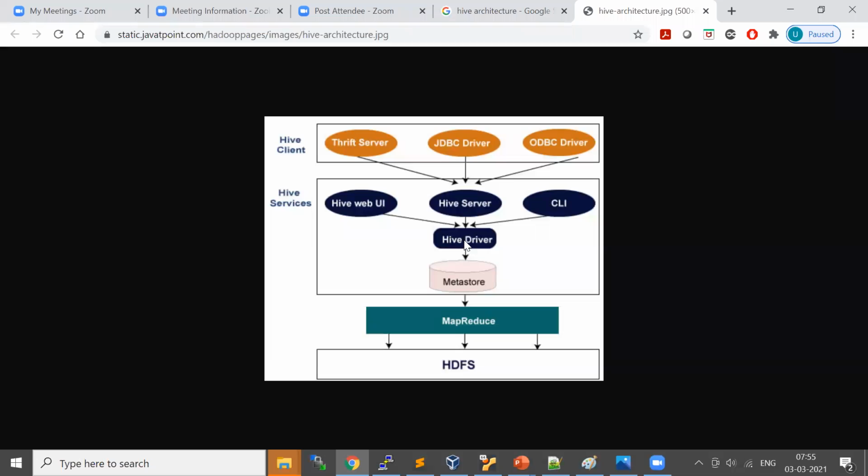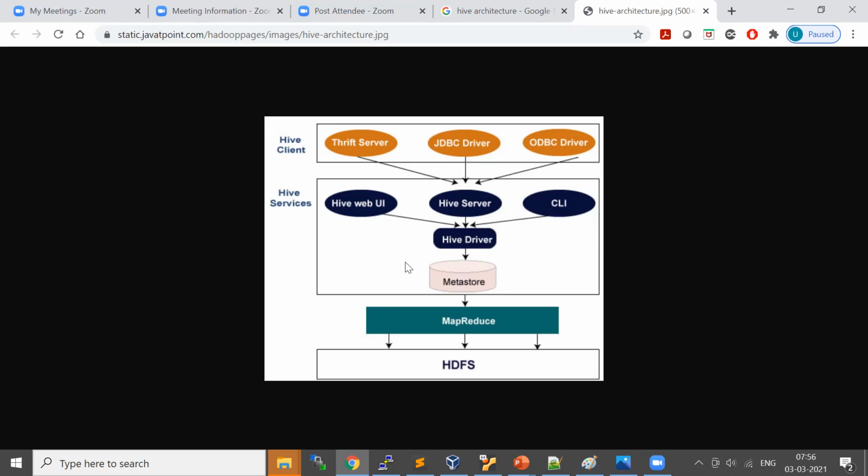So whenever I'm using a CLI and passing a query, the Hive driver will try to understand your query schemas based on the schema available in the Metastore. When you query data from a table, the Hive driver has to understand what the schema of the table is. It will go and refer to the Metastore. After that only it will prepare the DAG in terms of map task and reduce task, that will be run on MapReduce.